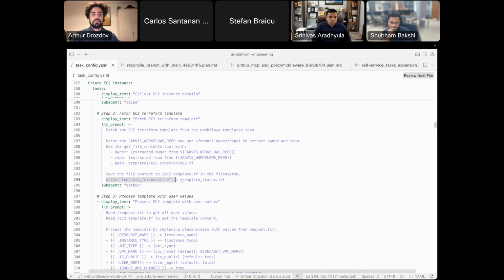You can see here there's instructions: write the status of your job to this file, and then the next one reads it and continues. It's kind of similar to Argo CD or Argo Workflows, except that we're doing it in an agentic way. So basically you have a Python program, and how much is LLM agentic versus static? Like you just have a Python program that basically creates this agent, sub-agent, passes this prompt, and then you wait